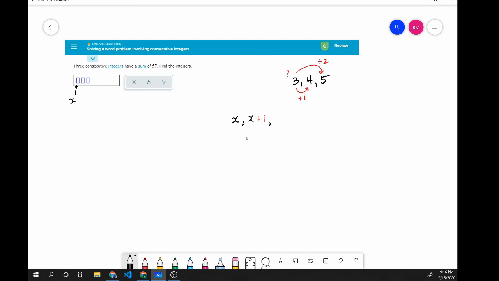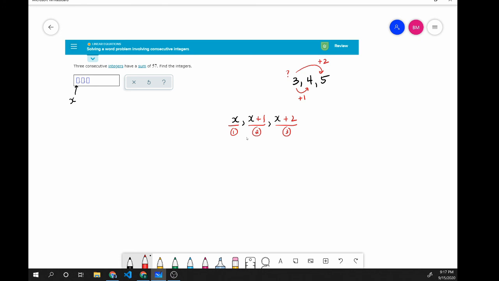And then the third number in a row would be x plus 2. And this plus 1, plus 2 pattern comes up a lot, so just keep that in mind. Now this problem asked for the sum, and sum means to add. So we're taking these three numbers. This is the first number, this is the second number, and this is the third number, and we're adding it